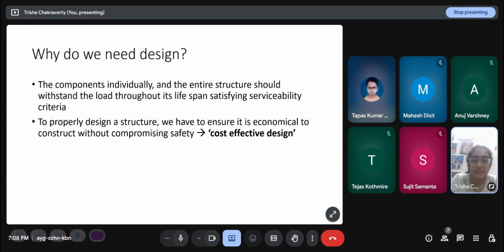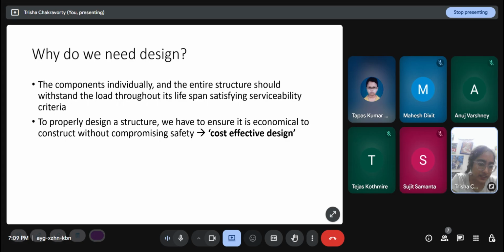There are so many stakeholders in a building process. Engineers are not the only ones included. If it was only up to architects and engineers, we would propose very large sections, very high quality material, and that would mean the structure will be extremely safe, and we would never get into trouble. But there has to be a compromise, because if the structure is very expensive, it won't serve its purpose. So there is always a compromise that has to be made.